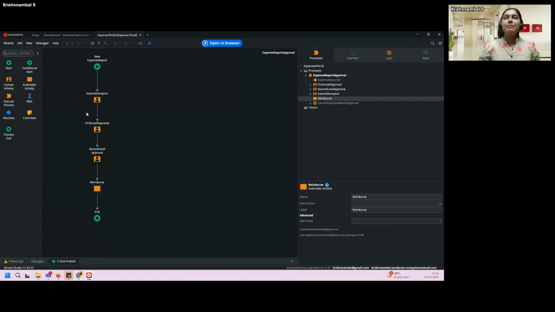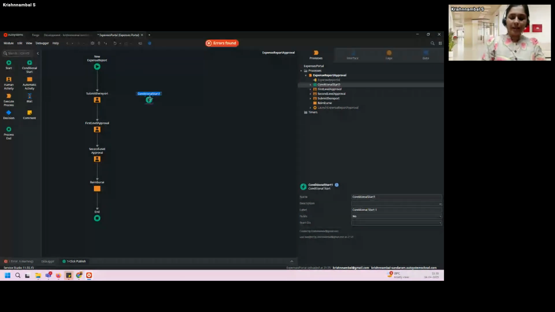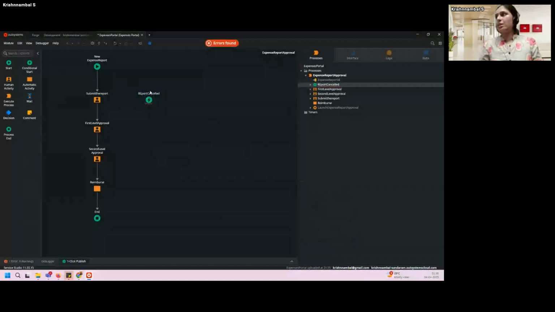So let me drag and drop conditional start. Now I will say report cancelled to be the name of the conditional start. To conditional start, you have these properties: name, description, label, public, start on.